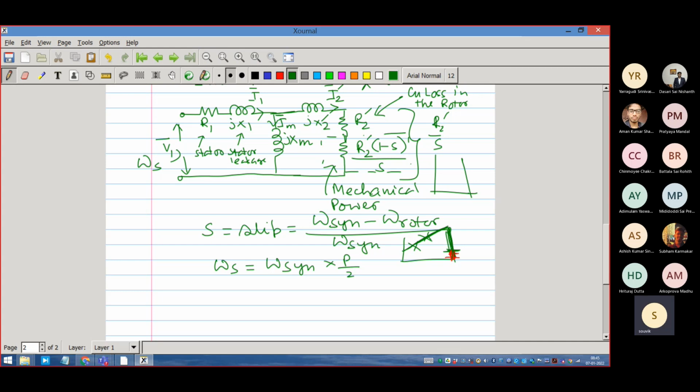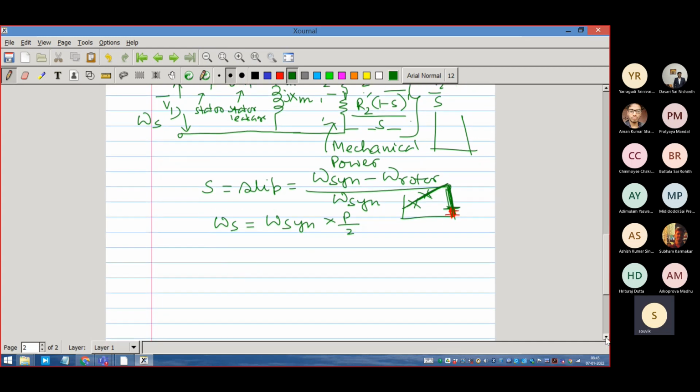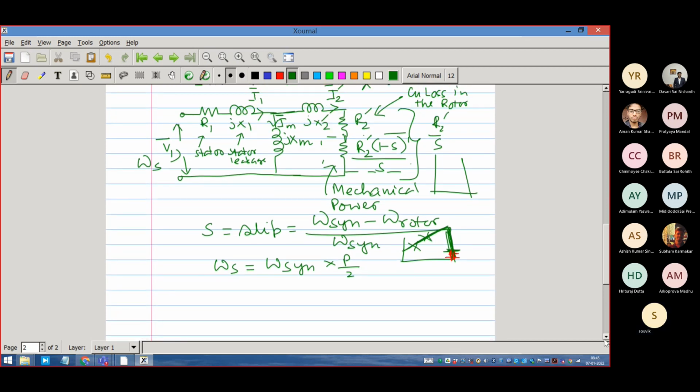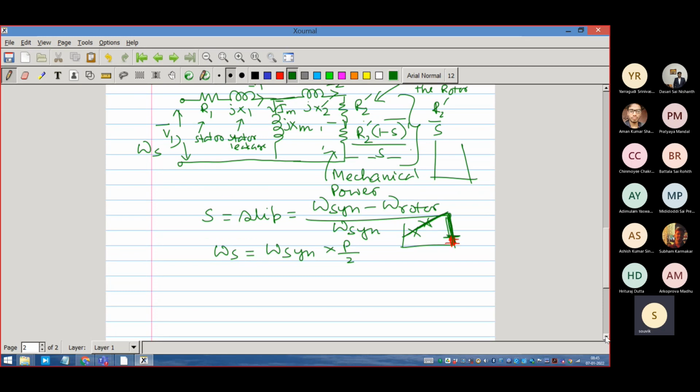Right. So let me start this derivation a little bit quickly. I will do it quickly. So what is the mechanical power output from this expression? So mechanical power output, if I look at it,